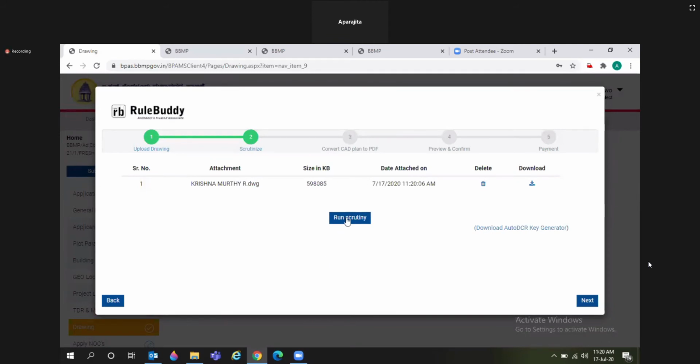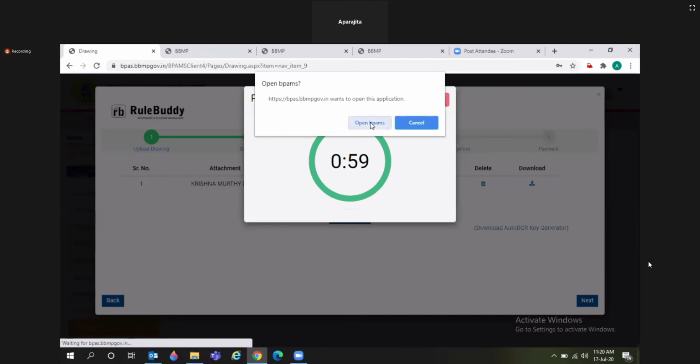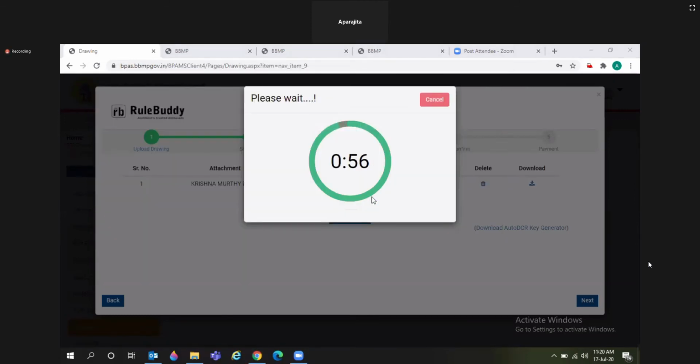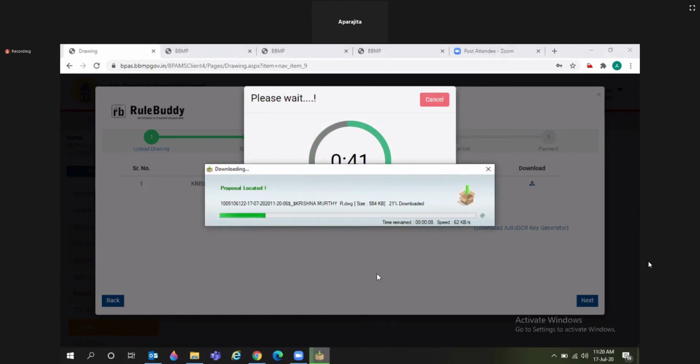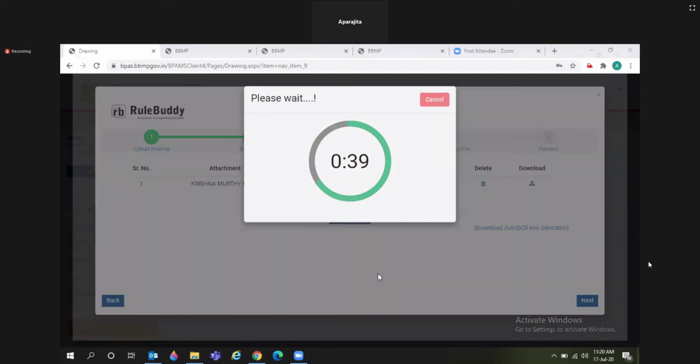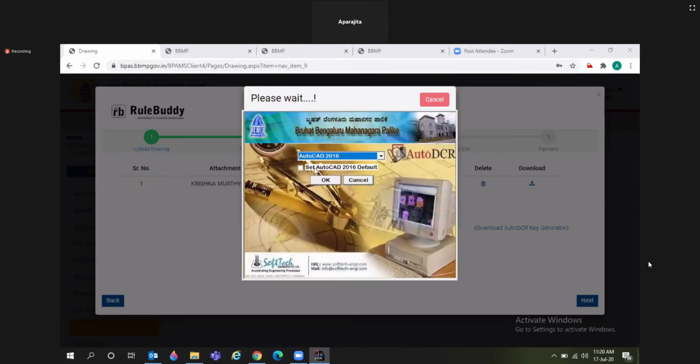For scrutiny process, click on run scrutiny, then select open BPAMS. Select AutoCAD version. You can set as default.